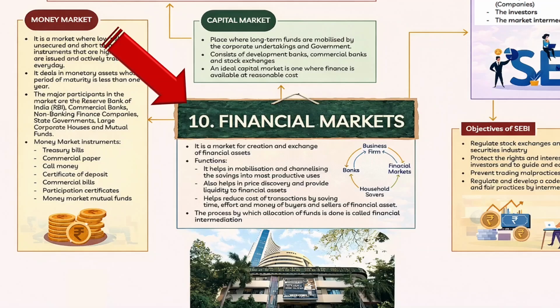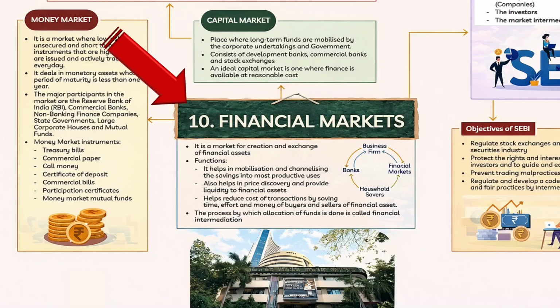Now, by doing it, the financial market performs the allocative function, which means allocating or directing available fund for investment into most productive investment opportunities. Now, there are two major alternative mechanisms through which fund allocation can be done. These are banks or financial markets. Now, a household can deposit his surplus with the bank, who in turn could lend this money to the business firm, or the household can directly invest this money with the business firm and they can buy the securities through